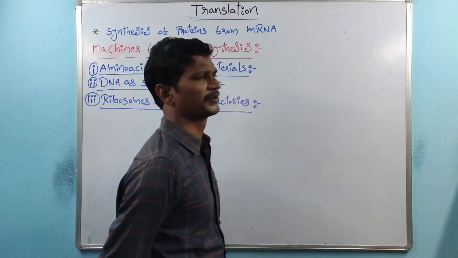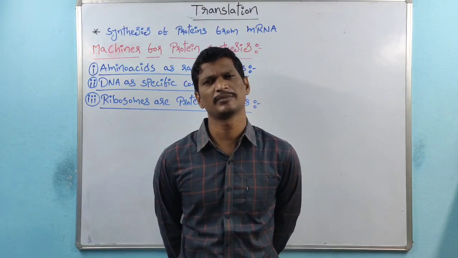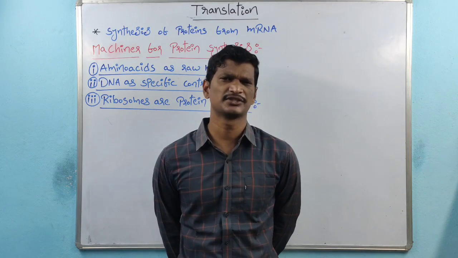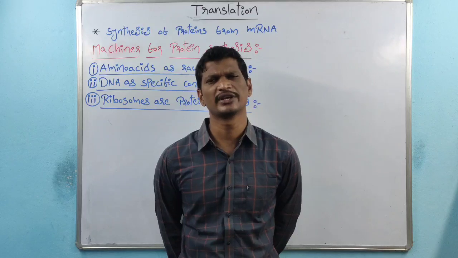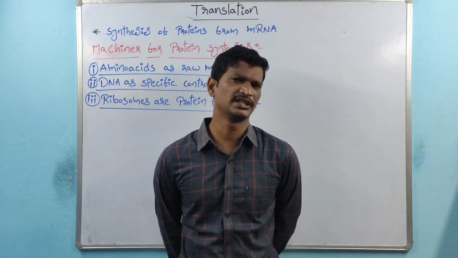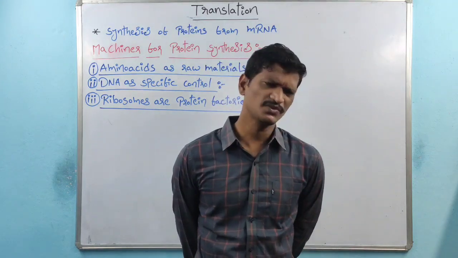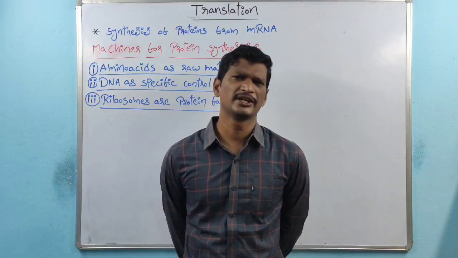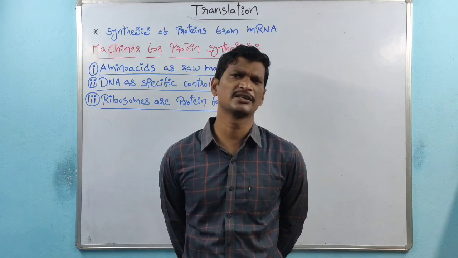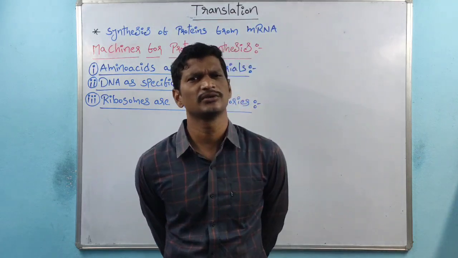The 5' cap and 3' poly A tail support the stabilization of mRNA and enhance the lifespan of mRNA. In the splicing mechanism, introns are removed: coding and non-coding sequences are there, the non-coding sequences are deleted and the coding sequences are joined. So I said eukaryotes have introns, and archaebacteria also have introns. So based on that, we have to say one statement: